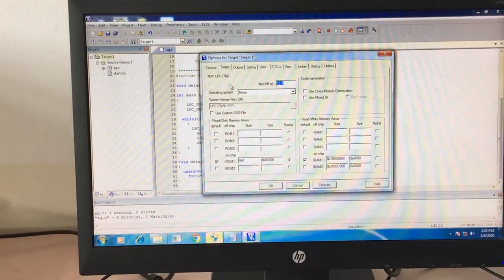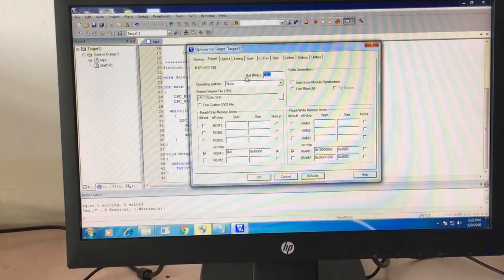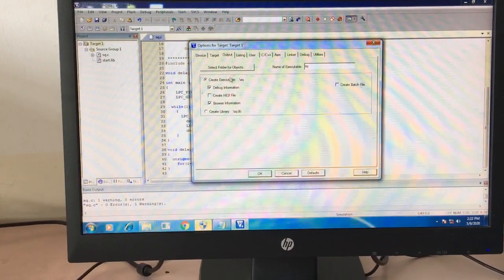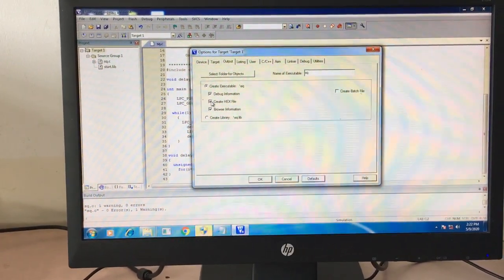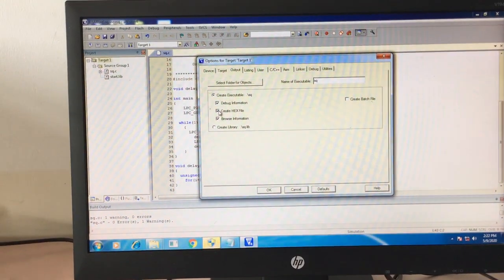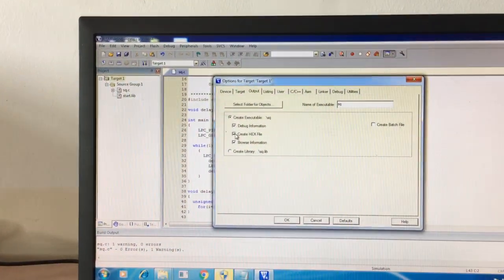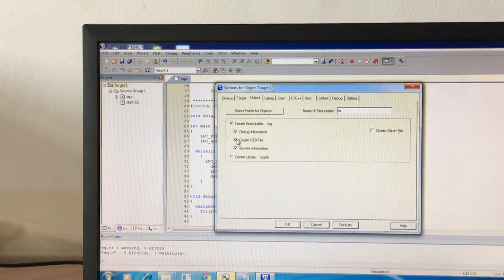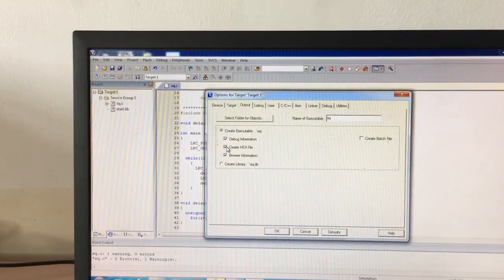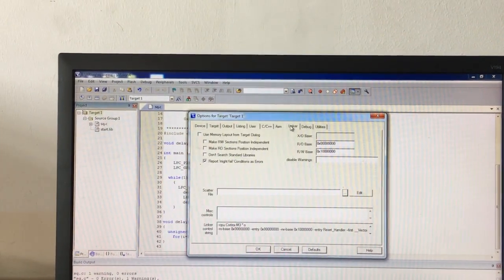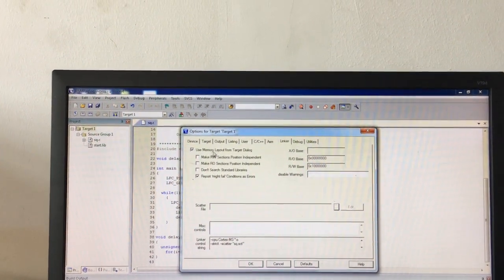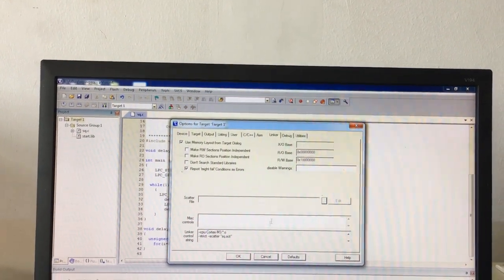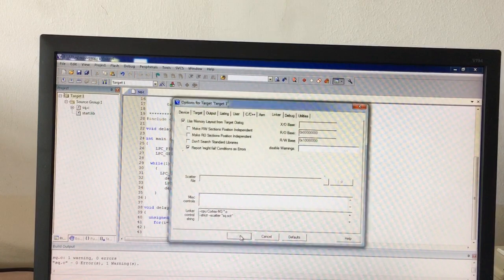Here the device is LPC1768, do not change anything here. Click output. In the output you have to select the hex file. Whatever hex file is created here will be dumped on the LPC1768 target board. Next, go to linker, use this option, use memory layout from the target dialog, and then click OK.